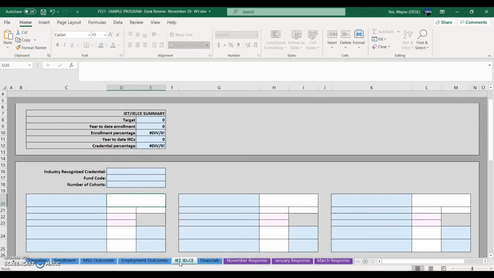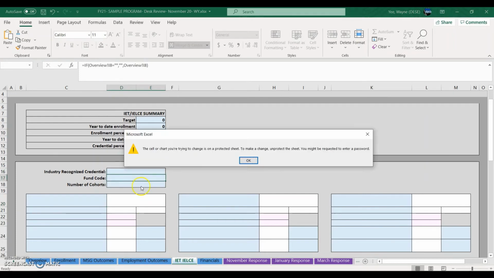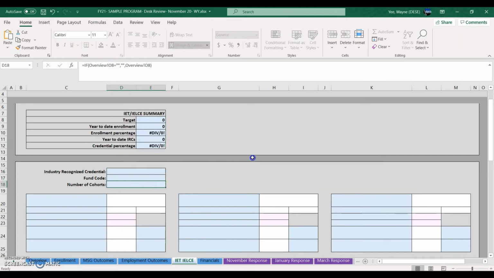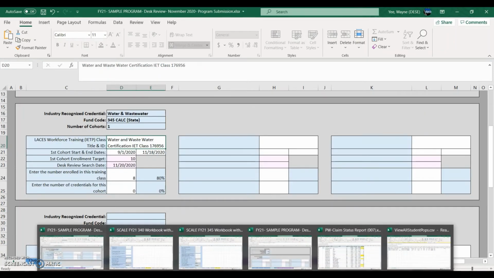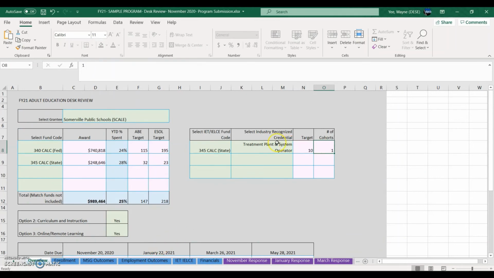Now to the IET. Wait, what is going on here? There's nothing here. Wait, I got you. First thing you need to do is go back to whatever the program submitted. Look at their overview tab. Oh, we have an IET here. It's a water and wastewater treatment plant and system operator. Okay, and the fund code. All right, you're going to need to remember this information